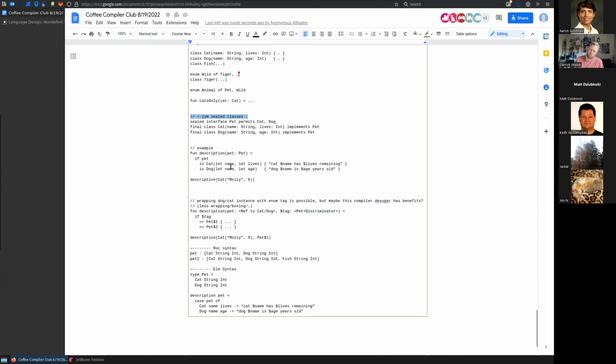So this pet thing turns into some kind of reference that's just passed, that's not wrapped or boxed, but you have an additional value that says, okay, this is actually a pet enum, and okay, this is member 1, 2, or 3, and above here would then turn into